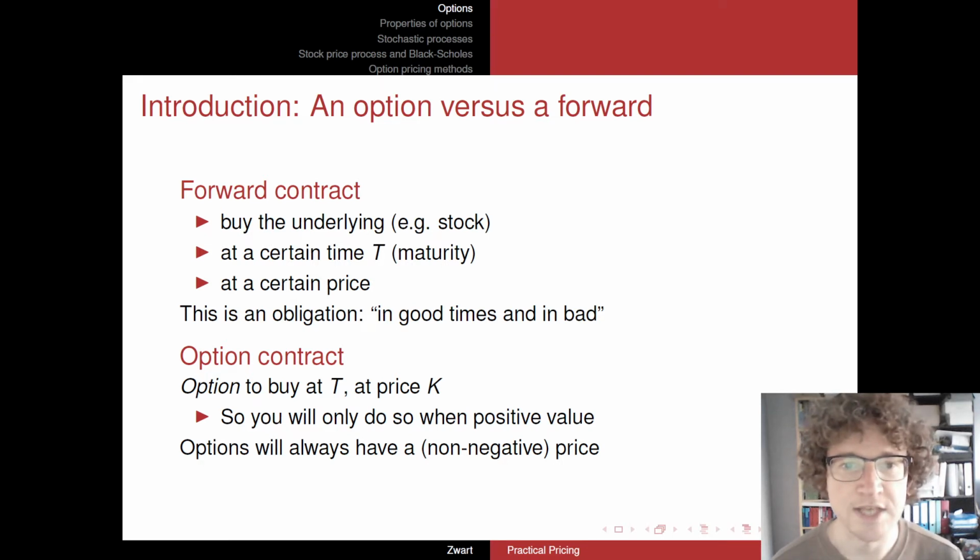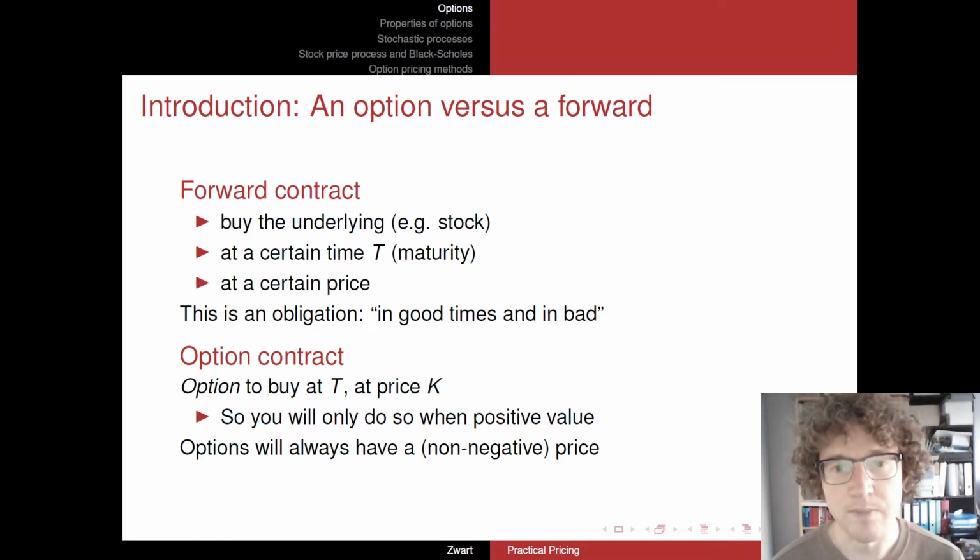This asset is called the underlying, because it underlies the contract. In our case, it will be the stock price. The forward contract tells us that 1 month from now, at time T, also called the maturity of this contract,